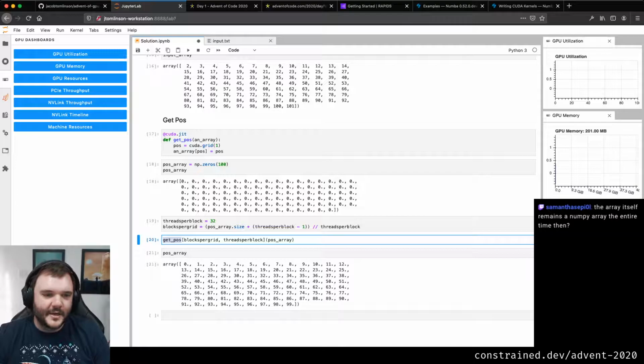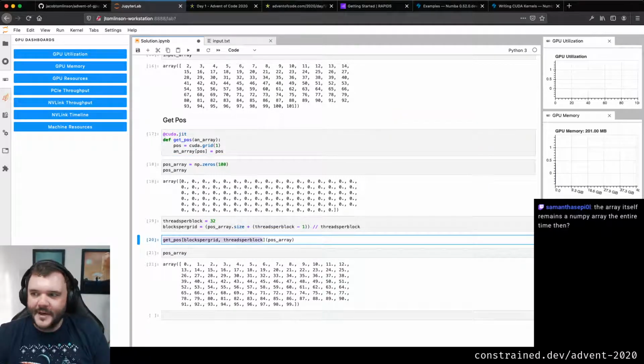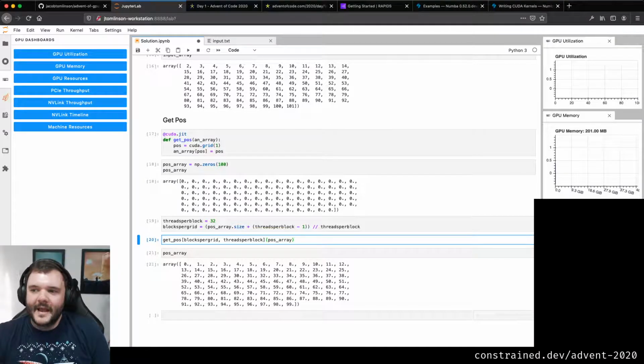Numba knows what to do with a CUDA jitified Numba function. We're calling this Numba function and we're giving it a NumPy array. Numba is clever enough to go, you've given me an array that's on the CPU and you're asking me to do something on the GPU. So I'm going to copy the array to the GPU. I'm going to do what you've asked, and then I'm going to copy it back. And that's really helpful. It means that I can, you know, thank you for pointing that out, right?